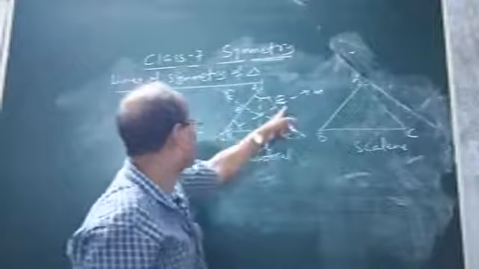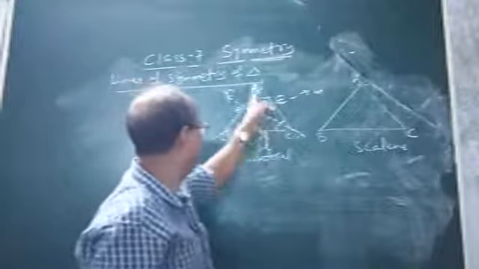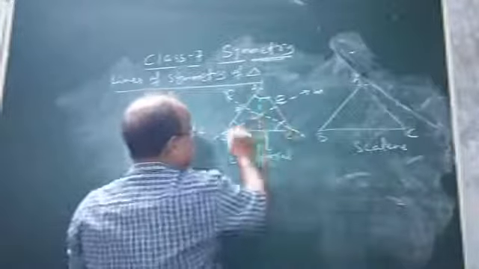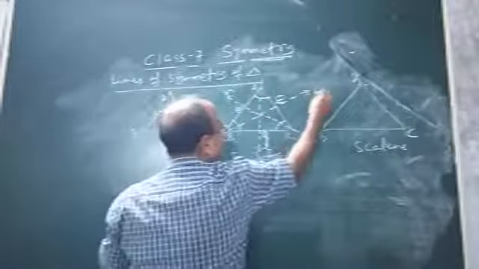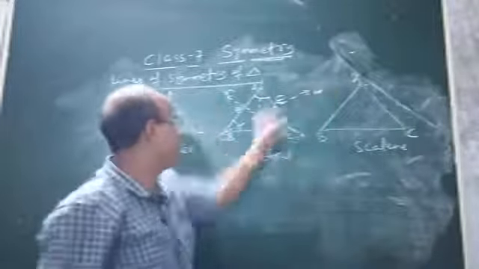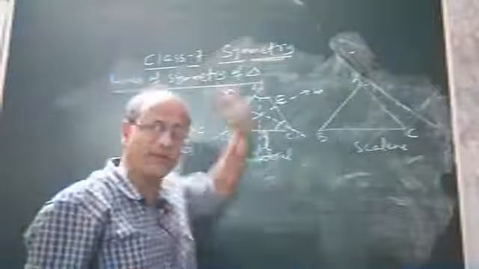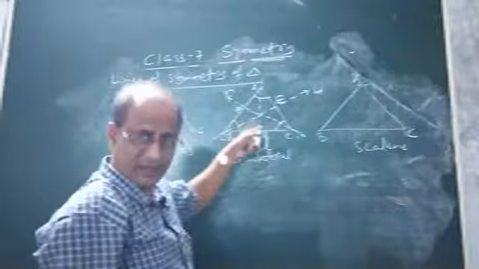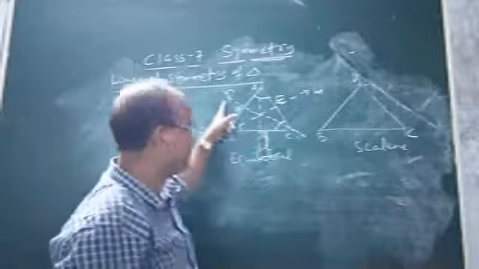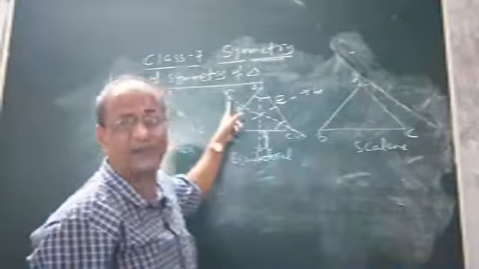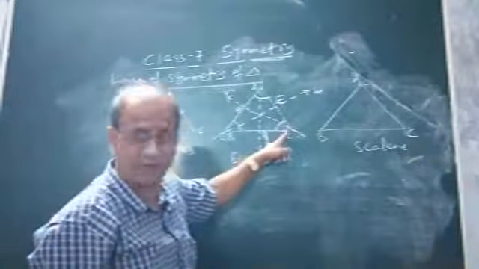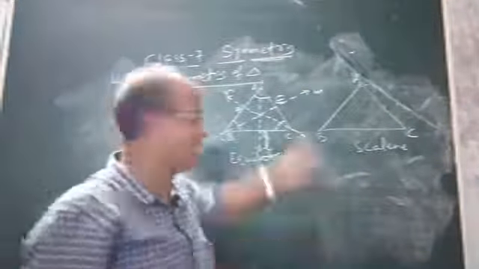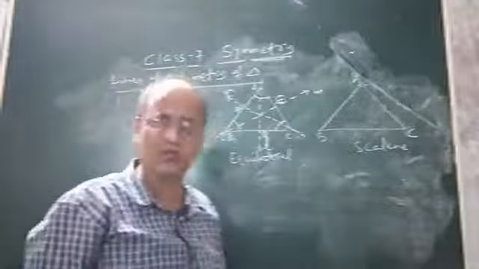Similarly, see triangle ABE and triangle CBE. If you fold these two triangles about the line M, which is the bisector of angle B, these two parts will also coincide. And in a similar manner, N will be another line of symmetry, because it is the bisector of angle C. So from this we can say that an equilateral triangle also has lines of symmetry.